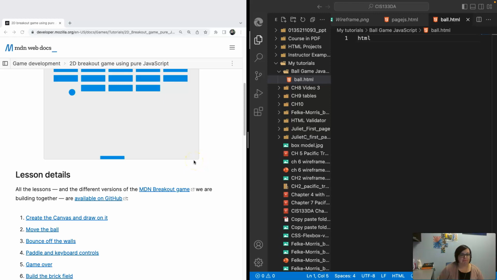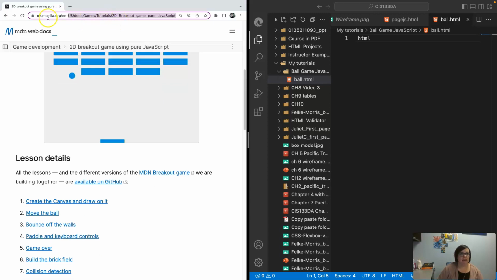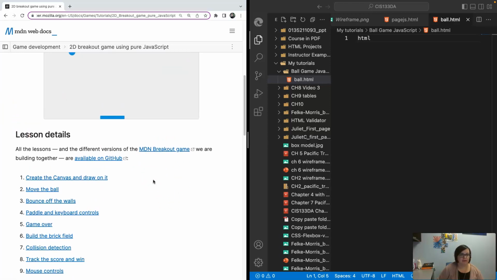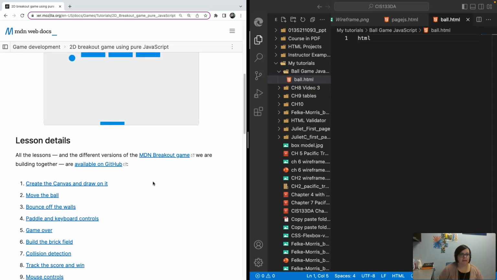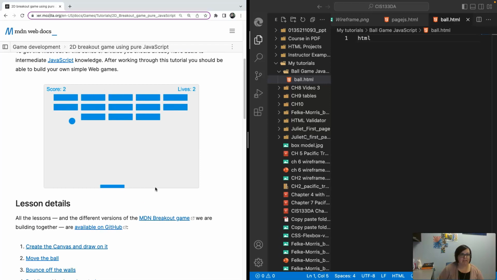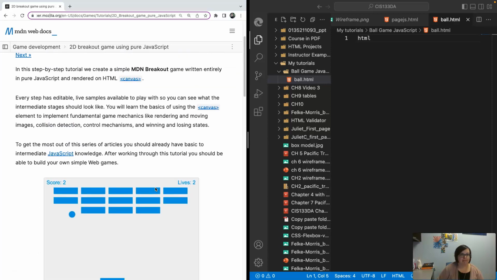So this is all right here in the developer docs. The link is going to be inside of our comments and in our class. This is a Creative Commons page, so we are able to do this and not break copyright. All right, so